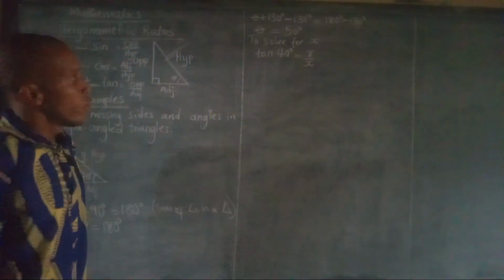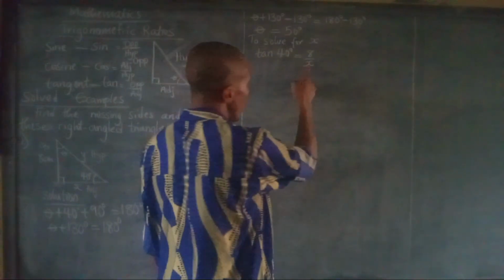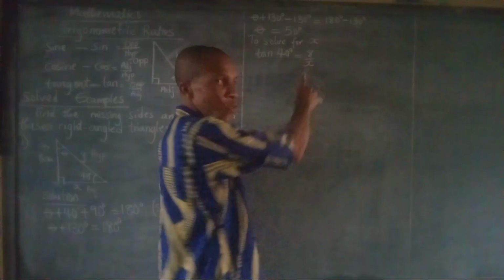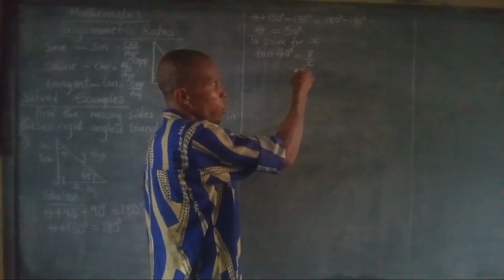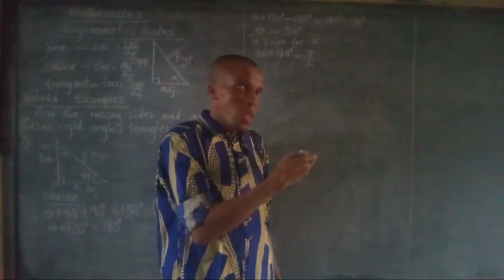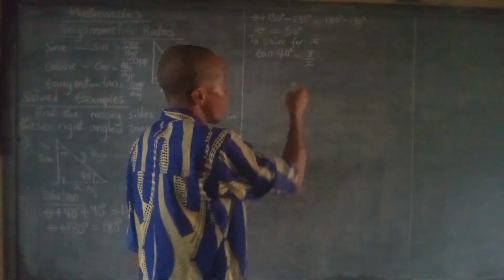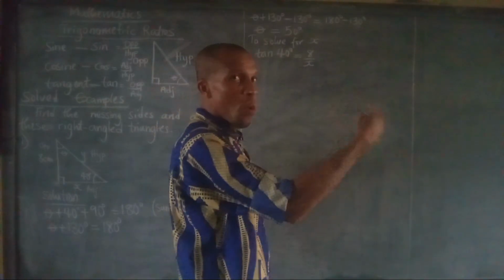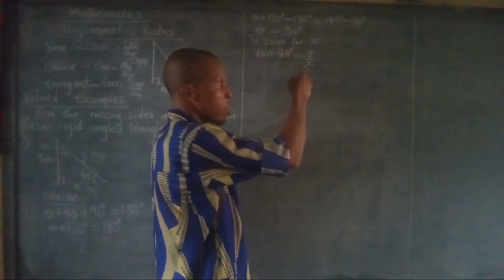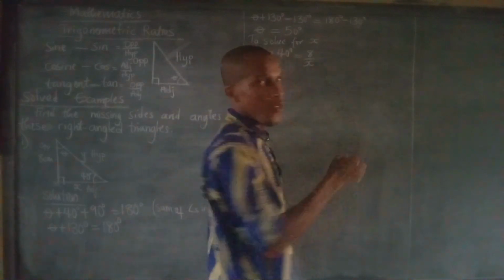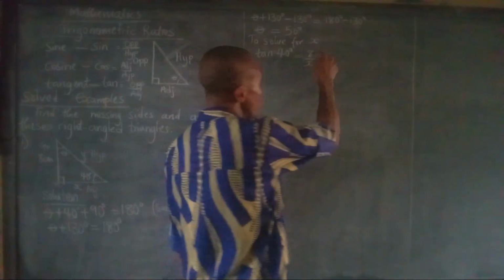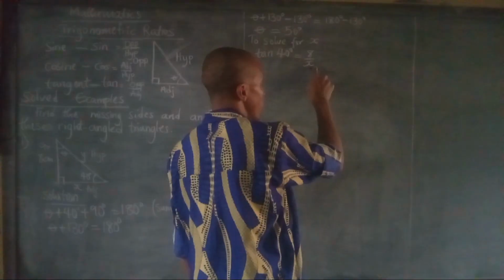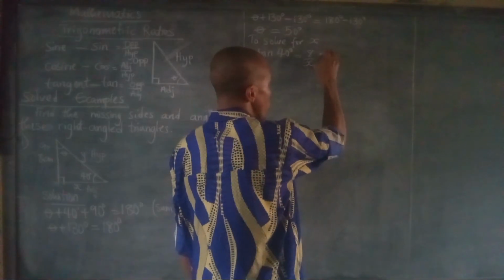Good. Now, we want to simplify this. We want to solve for x, but unfortunately, our x is there as a denominator. The value we're looking for needs to be made subject. To make x subject, in English we call it opposite, but in maths you can call it inverse. So to remove x here, we have to get the inverse of x. If this is 1 over x, where x is divided, to remove it, I have to multiply by x,